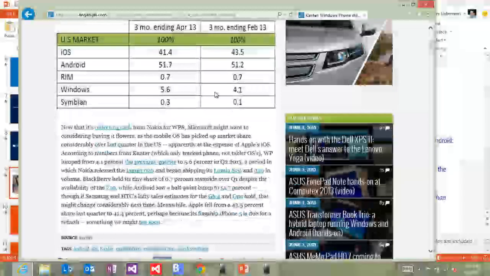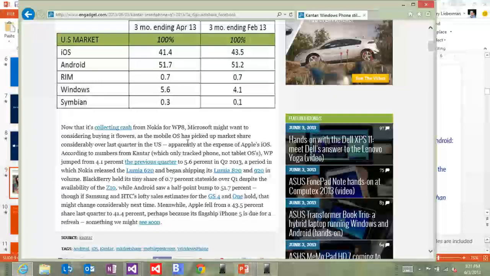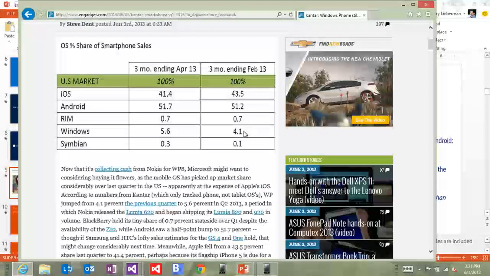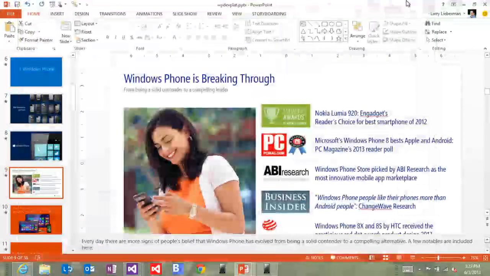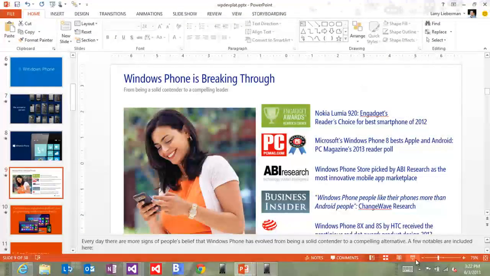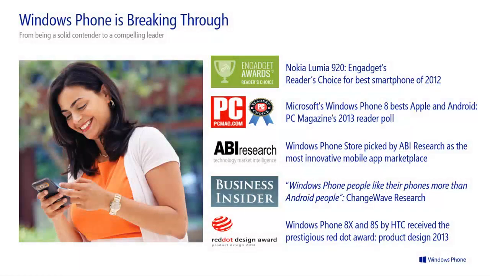So we are, where's the actual percentage? I don't see it here. But, oh, here it is. Ending April, we moved to 5.6%. So it's a slow journey, but we definitely feel like we're on the right track.